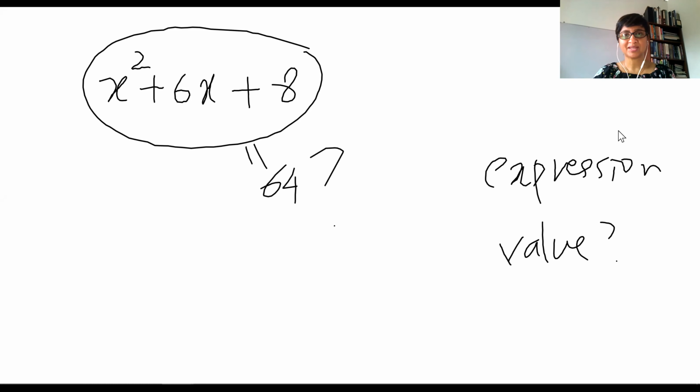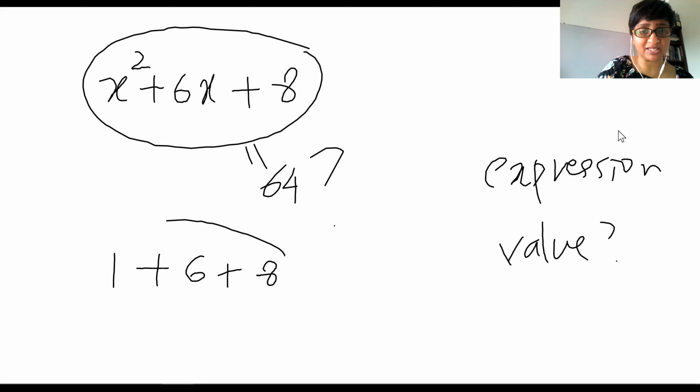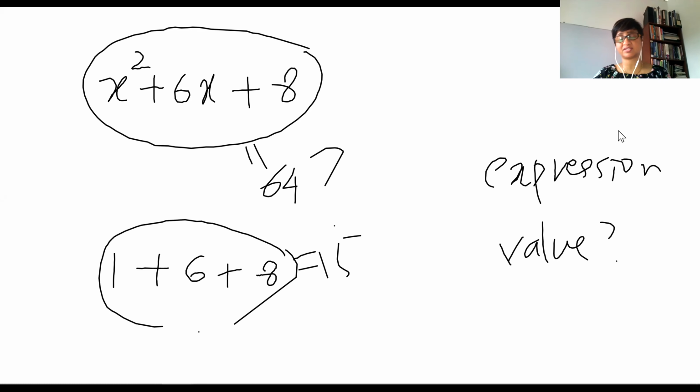If I give you the expression 1 plus 6 plus 8, look at this expression. This is a numerical expression because all the terms in this expression are numbers. This expression has a value. What's the value of this? 15. It's not 14. It's not 64. It is not 0. It has a specific exact value. 1 plus 6 plus 8 is 15. But